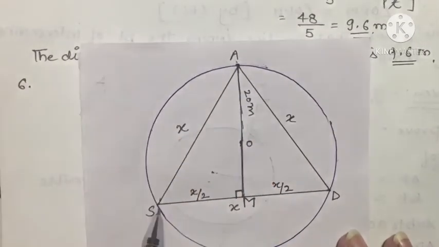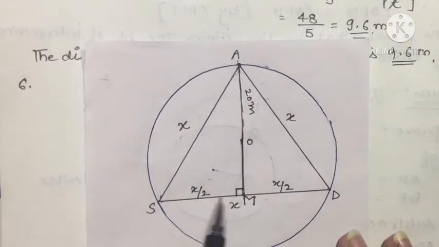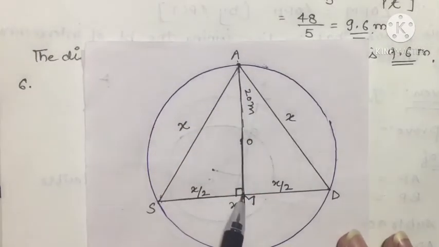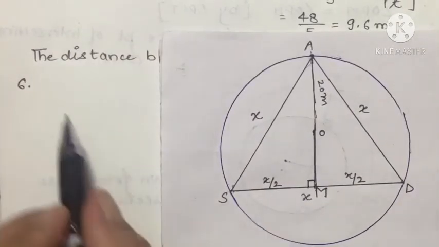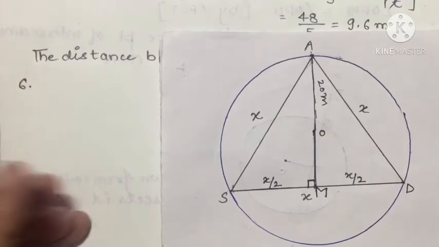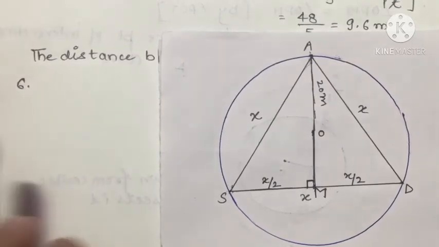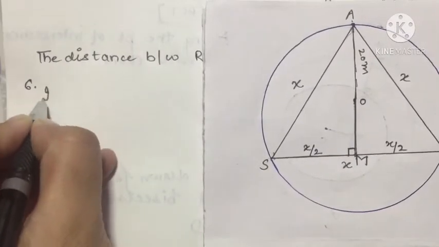Okay, now I will take this triangle ASM. I know the hypotenuse, I know the base. Can I find here the perpendicular by using Pythagoras? Whatever I told you, you can mention here in the question. Whatever we have drawn, whatever we have written, what is given to us, what they are asking, everything you are going to mention here. Fine.